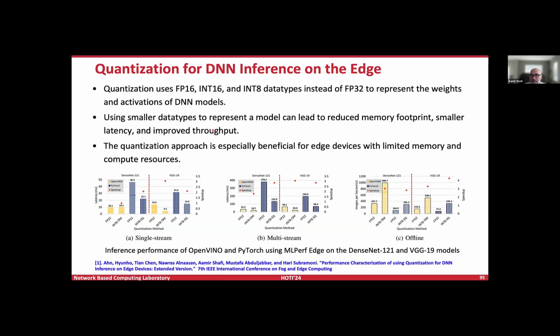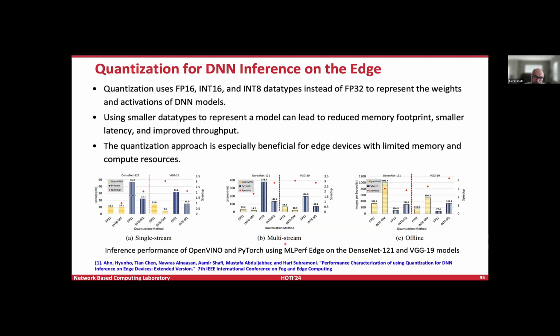We'll be able to fit a larger model into a resource constrained edge device if we are able to do that. So size reduction is one obvious advantage, and another advantage is that this could also lead to better performance in terms of lower latency and higher throughput. These experiments are done using MLPerf. MLPerf gives a very nice benchmarking strategy, so we utilized that.